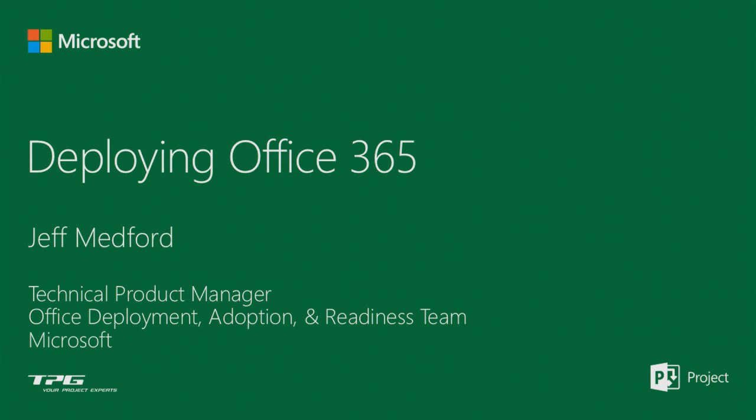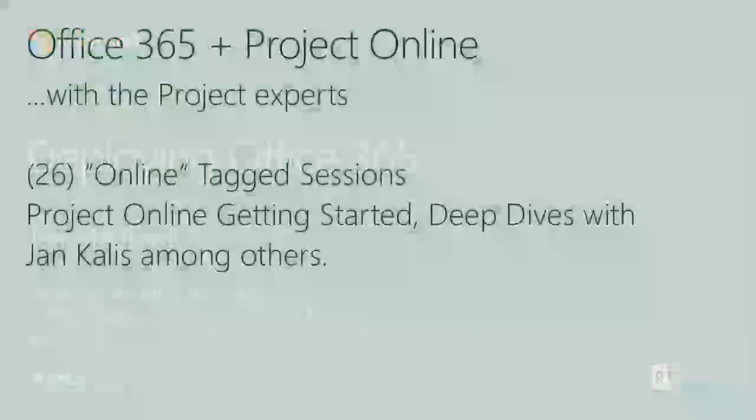I'm on the Office Deployment Adoption and Readiness team, and I work with Alistair, who did the introduction to Office 365 earlier. We're going to go a little bit deeper into the deployment side, as it states, deploying Office 365. What does it mean to deploy? What are some of the scenarios we look at? What are some of the best practices and also some of the things that we've learned over the last 6-7 years as Microsoft from a deployment perspective? That's really what my team does and our focus. So any questions, anything else that you have, please raise your hand.